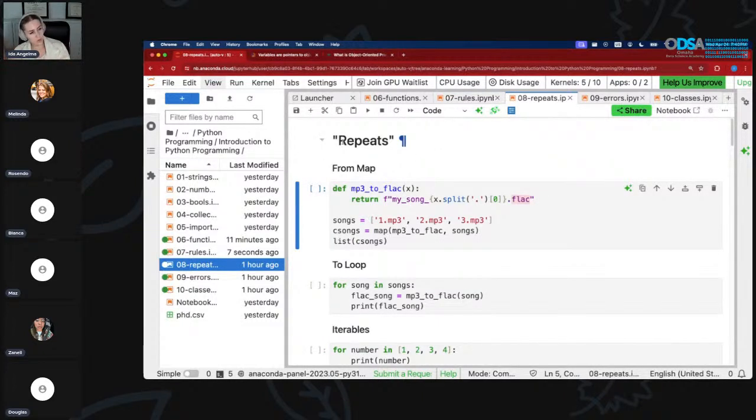repeats or loops, iterables. So basically when we want to do something multiple times over time to a list of things, multiple arguments, we don't want to type it for